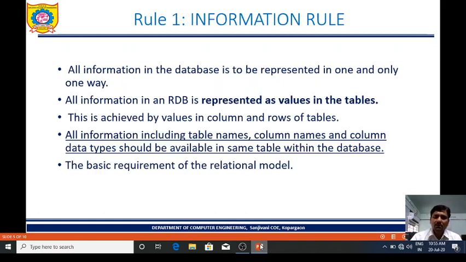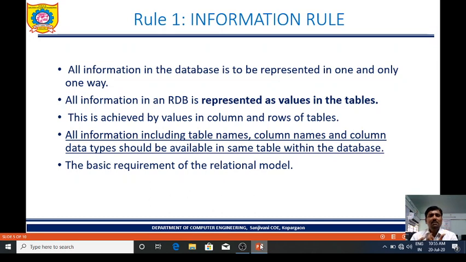Next, rule 1. Information rule. All information in the database is to be represented in one and only one way. All information in relational databases is represented as values in the table. See, we are going to insert values row wise. First we create table.